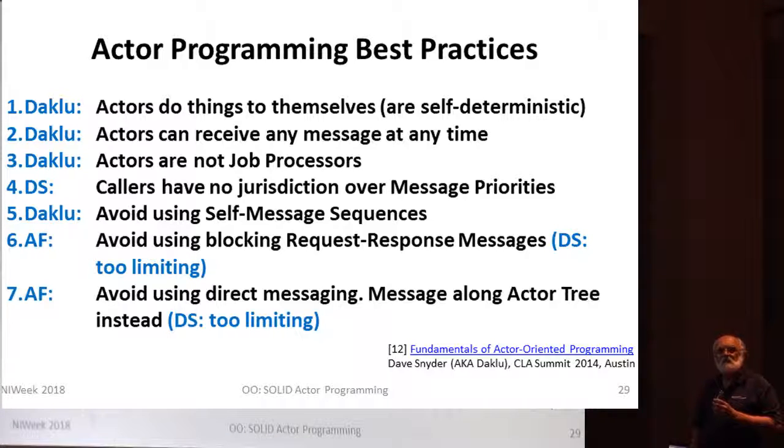Yes, sir. I will point out at this juncture that the best practices for Actor Framework say to avoid, not don't do. We don't say don't do it. We say, there are places where reply messages are not optional, where you just have to use them. That's the thing you have to do. And there are situations where allowing peer connections between actors instead of up and down the tree are also permissible. But we want you to really think about what you're doing.